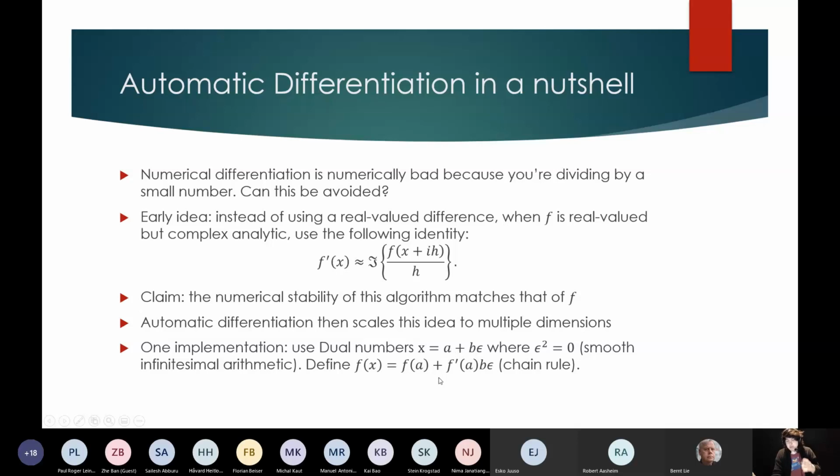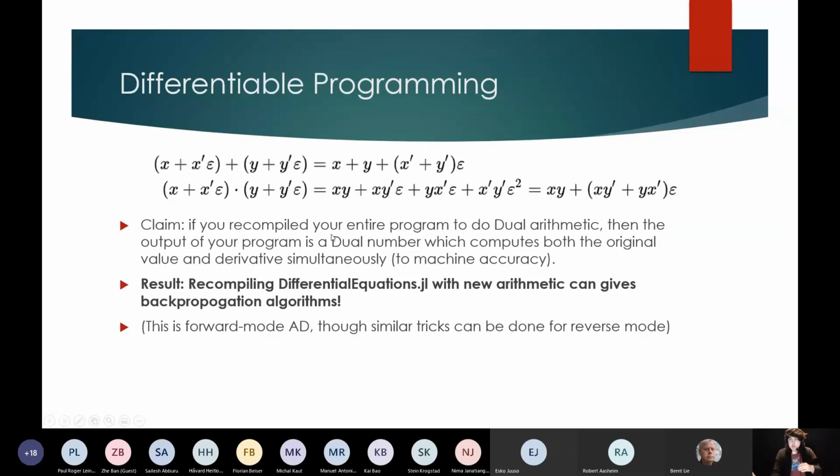So this is like, we have Float64s. This is a 128-bit number, where my rule for what to do on this number type is that whenever you have epsilon squared, this is equal to 0, and you define f of x to be something where you have the chain rule applied. We call this the value term or the primal term, and we call this the derivative term. It turns out that with just these few rules, you can derive a lot of expressions. You can derive a whole algebra on this, and you can redefine what plus means on this operation.